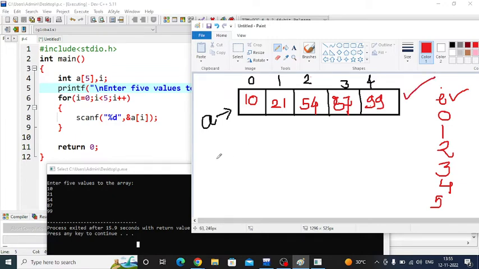Now we have to use printf and access this location and print the value on the screen. On monitor we can print the values. Right? These 5 values we are giving by the keyboard, and this value stored inside the computer's memory. Now we have to access these values and print on the monitor. So next code,